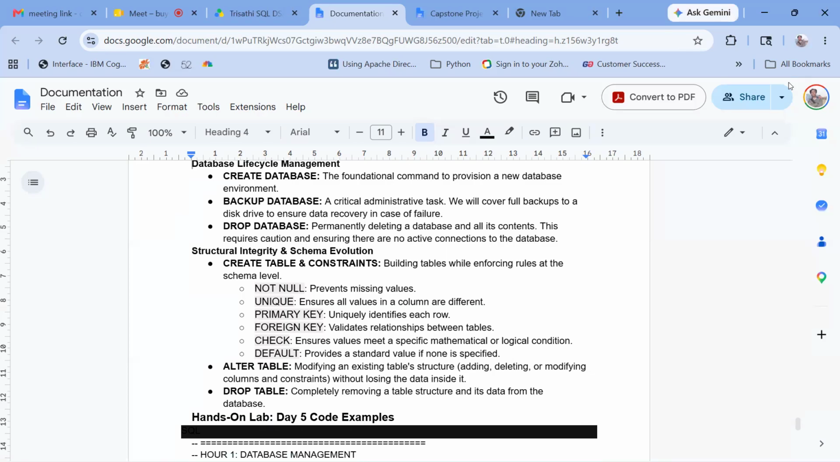For example, if today there are 10 columns, in the future as we go forward, there could be more columns. Or if there are 10 columns, in the future maybe one of the columns is obsolete. So we have to make sure we clean it up. So we have to create tables and constraints, building tables while enforcing rules at the schema level